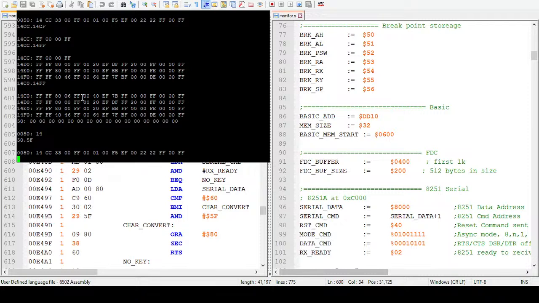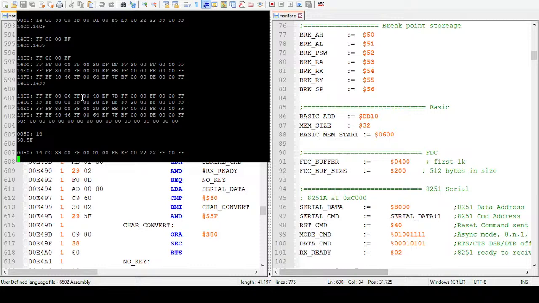Yep. That's now broken too. So it has done a proper reset, but I cannot enter data into that area now too,